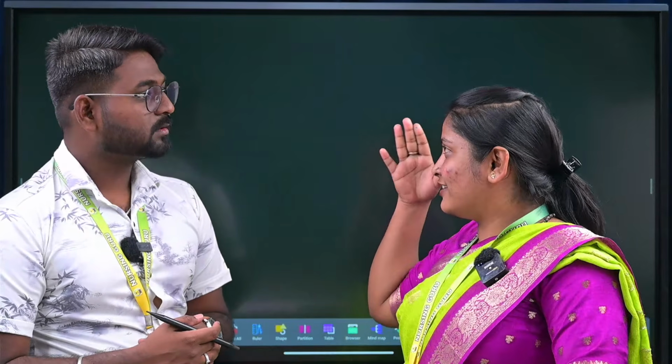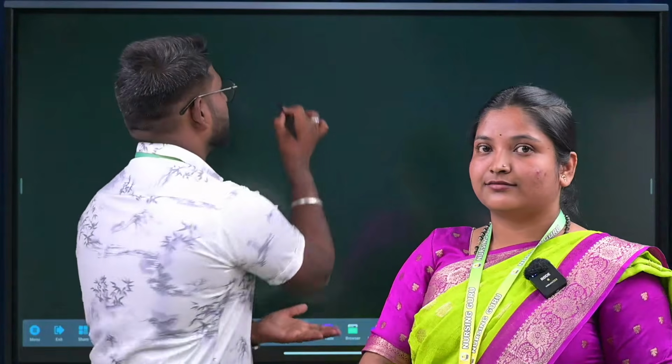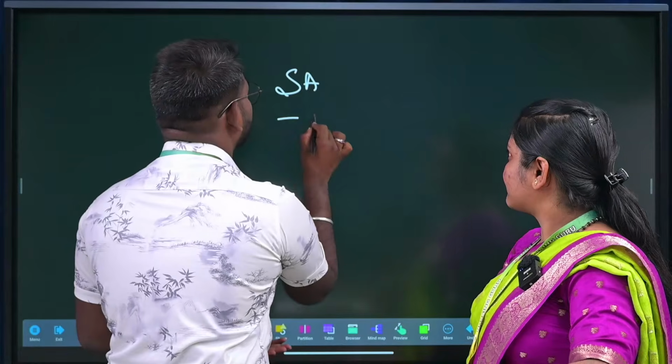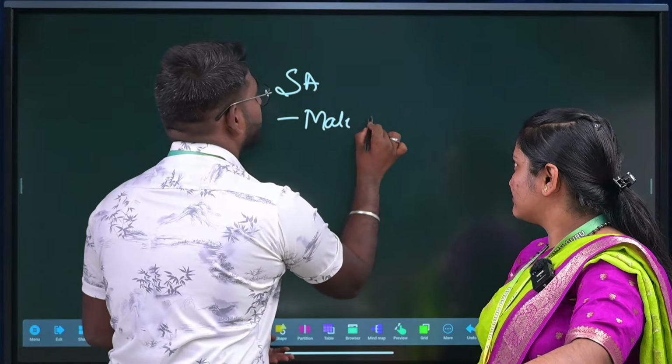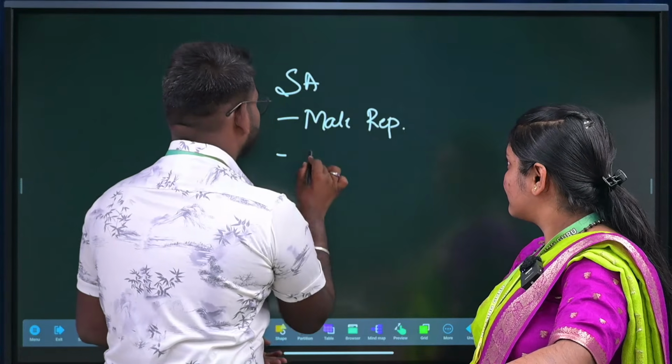This one, sir, elderly. Ma'am, care of the elderly, they may ask for the 5 marks. Like explain about the abuses and all, but if they do not ask in the 5 marks, it will be again for the short essay. For the short answer, we are having the male reproductive system and the care of elderly,